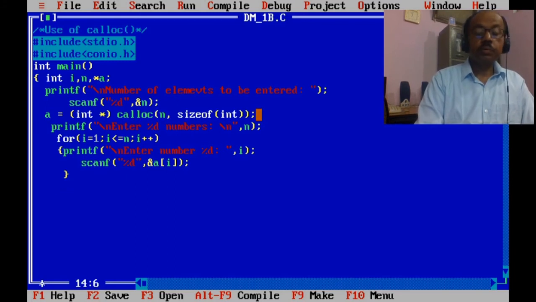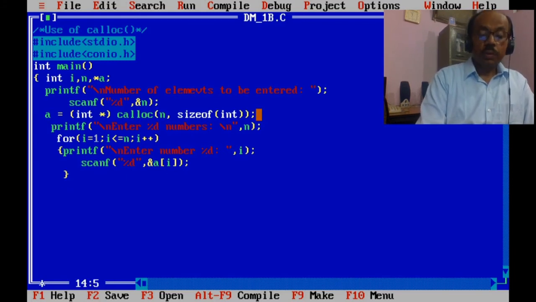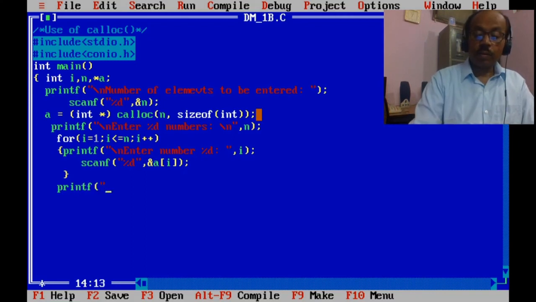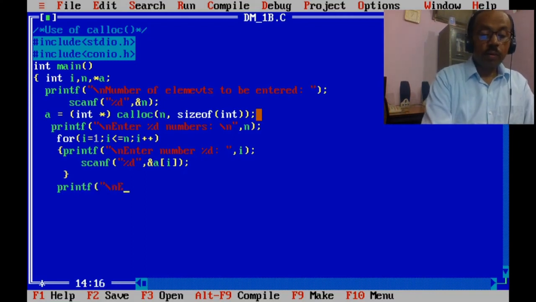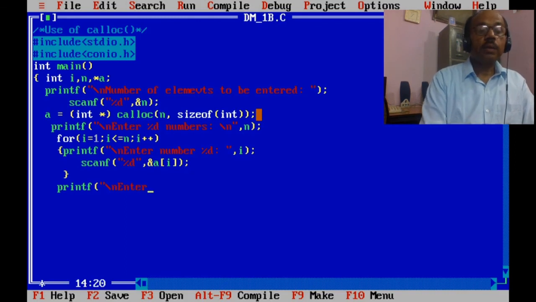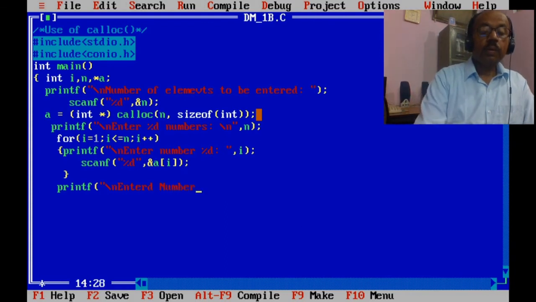Now we have to show the result: printf "entered numbers are".